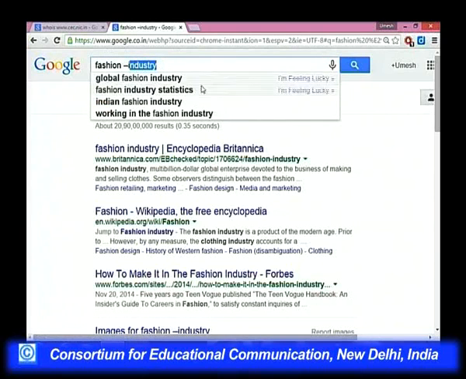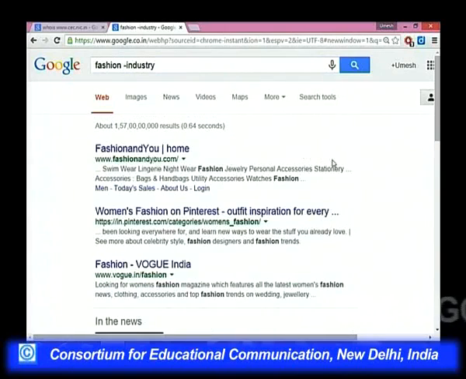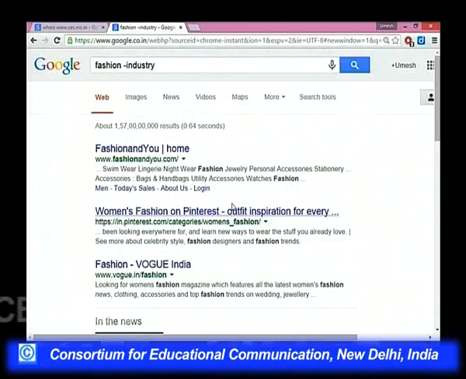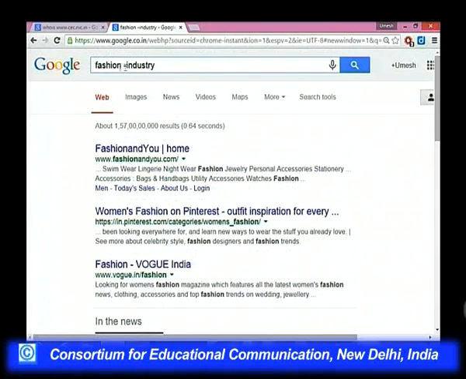Okay. If I enter like this, now you will not find any word industry in these documents because you have placed minus before it. Earlier it was not working because it counted the big dash rather than the minus. So, now it is okay, it has so many results and very precise results.